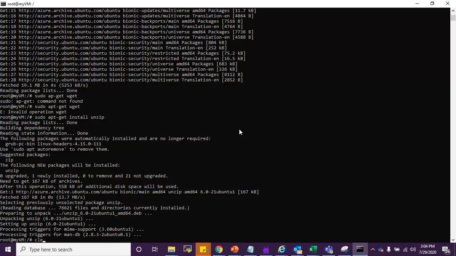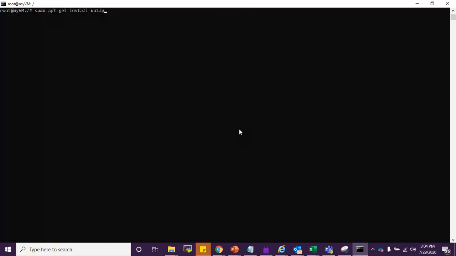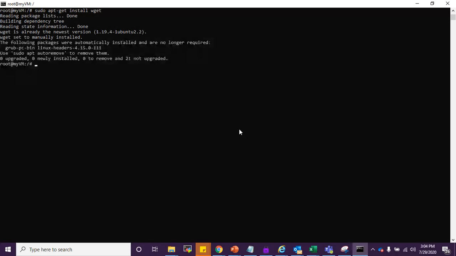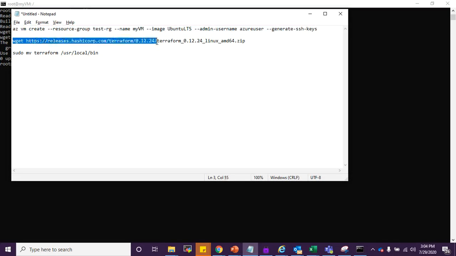Okay. Let's clear the screen first. Now I will install wget. It's done. So it's okay. Now let's download Terraform. For this, the command is this one.